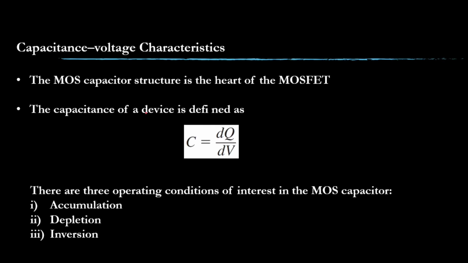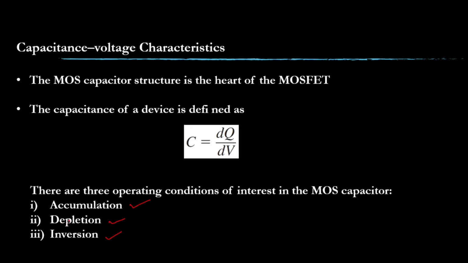Here we are going to discuss three operating conditions of the MOS capacitor: accumulation, depletion and inversion. These three operating conditions we have seen already in previous videos. Accumulation is where the holes accumulate because of the negative charge applied at the gate terminal. In depletion, a depletion layer is created at the junction of the semiconductor and oxide because of the positive charge we applied at